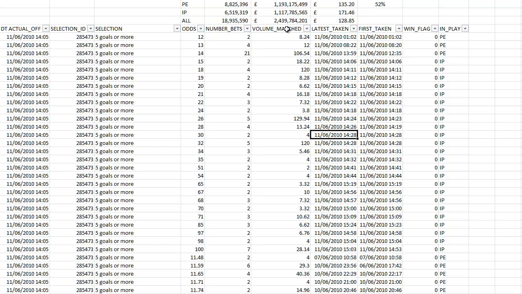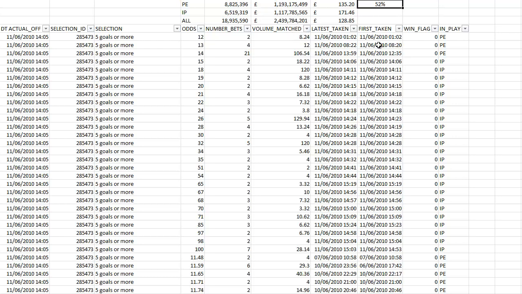First thing to note is that across all the World Cup markets in 2010, the total matched bet turnover was 2.4 billion. Yeah, pretty significant. Before the match started, it was 1.2-ish billion, and you can also see there was 1.1 billion matched in play. And I can see some of you going, well, that doesn't equal 2.4 billion. There is an in-between market that is neither pre-off nor in play. I forget what it's called now, but that accounts for the difference.